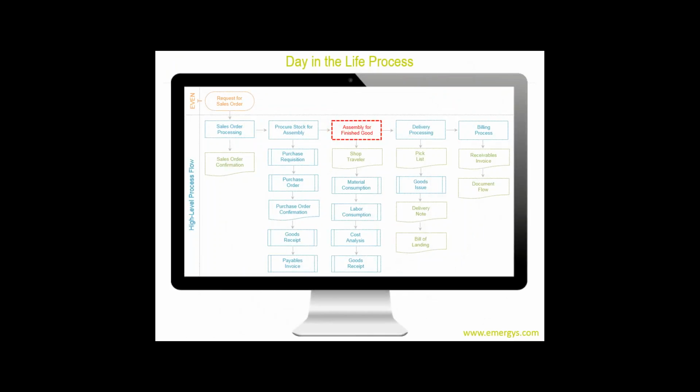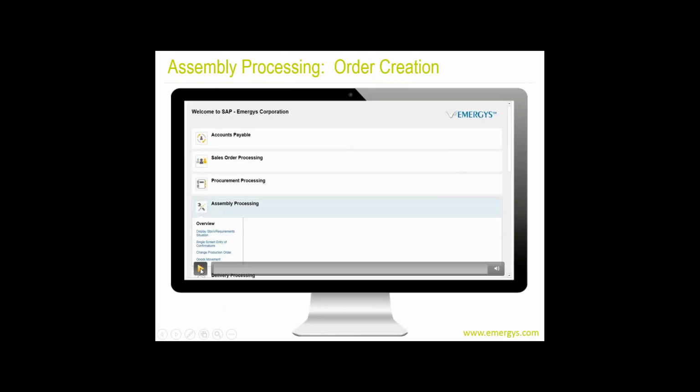So we've got the material that we need. And, you know, if it's a long assembly process, we might not do all the material up front. If it takes us a month to produce the end item, we might stage material so we're using different material at different workstations each day. That's totally doable in SAP as well. So it's really about what you need to do to execute the business the way you need to.